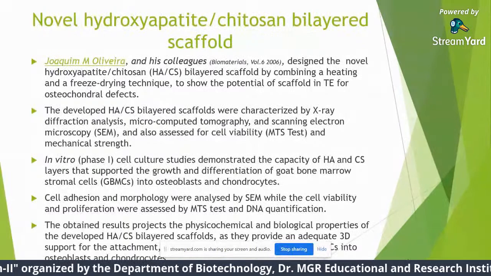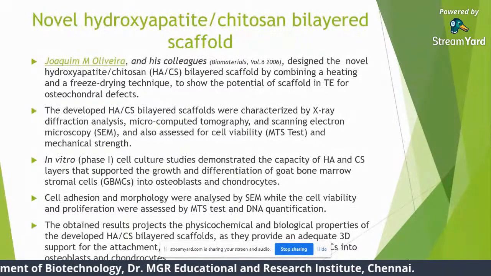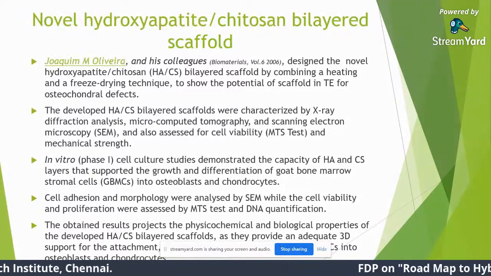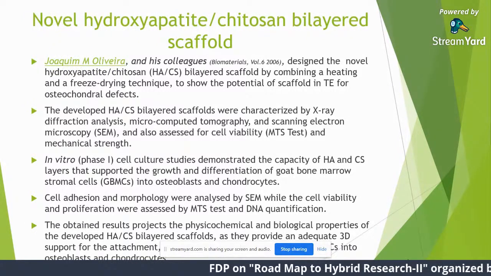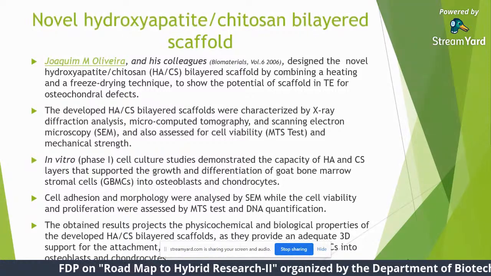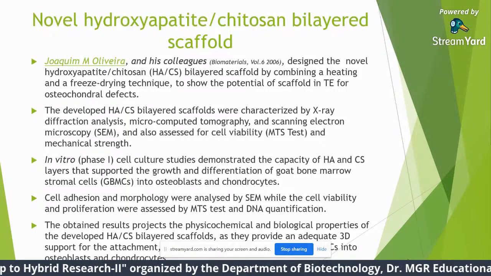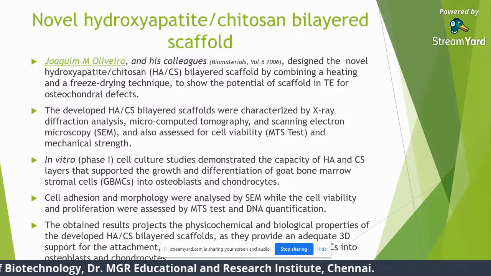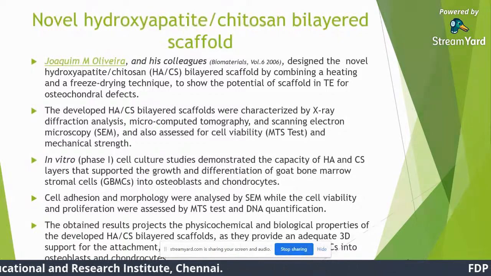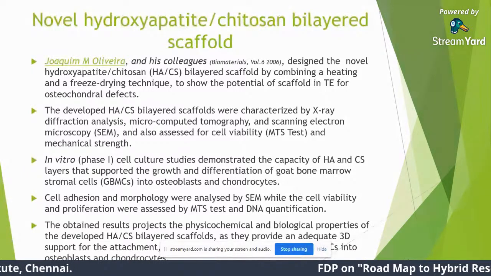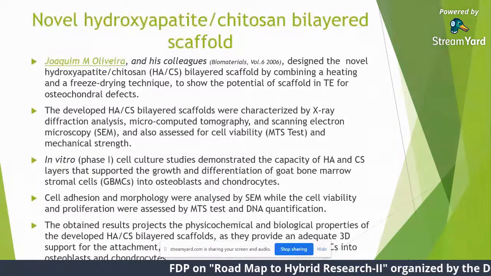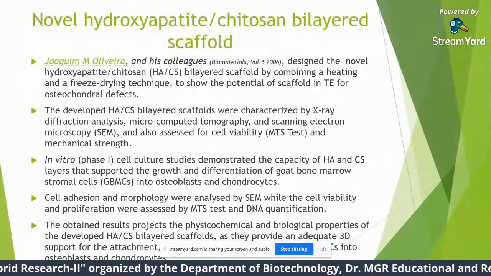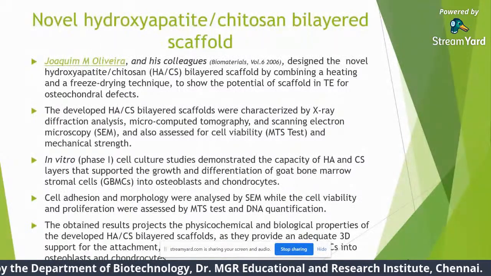Yeah, so we have seen how they are used and what the results are. Here, in this one, I'm going to talk about a journal article which discussed a phase one clinical trial that used a hydroxyapatite and chitosan bilayered scaffold. They created a bilayered scaffold by combining the HA and CS material, using the method of heating and freeze drying technique to show the potential of the scaffold in tissue engineering